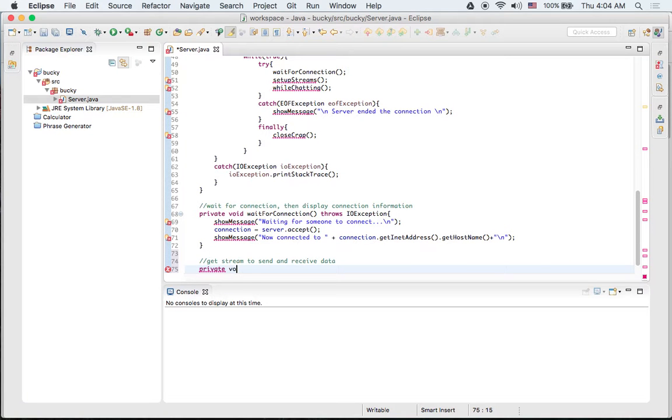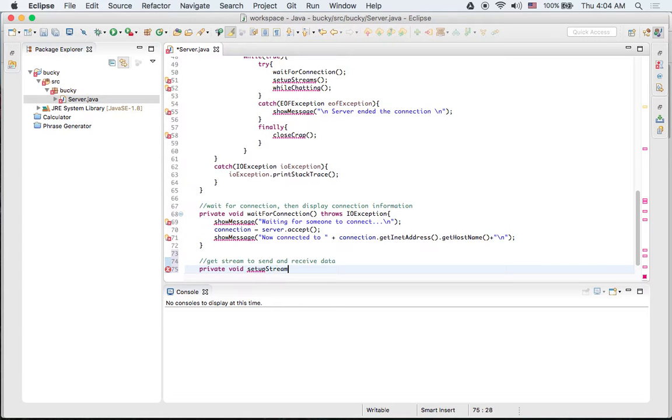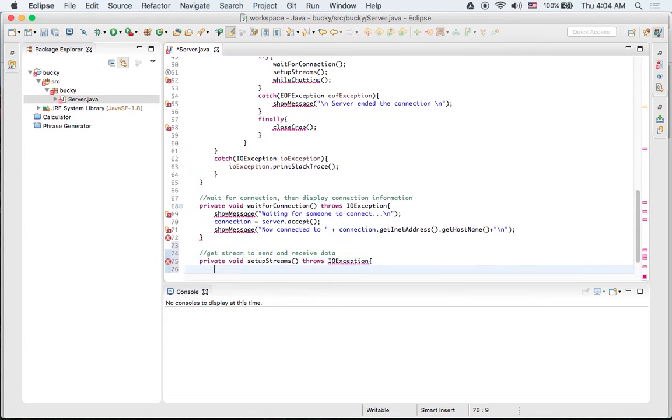Okay, setUpStreams, and this is going to throw IOException. Alright, now, okay, deep breath. Okay, the first thing that we need to do is, let's go ahead and set up